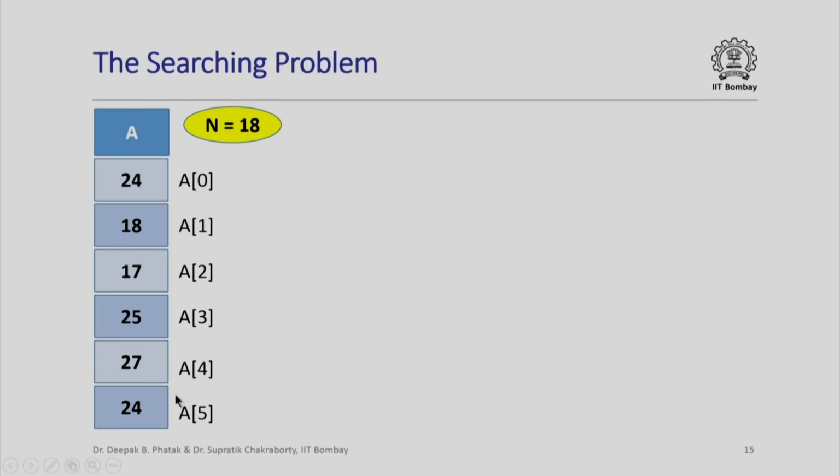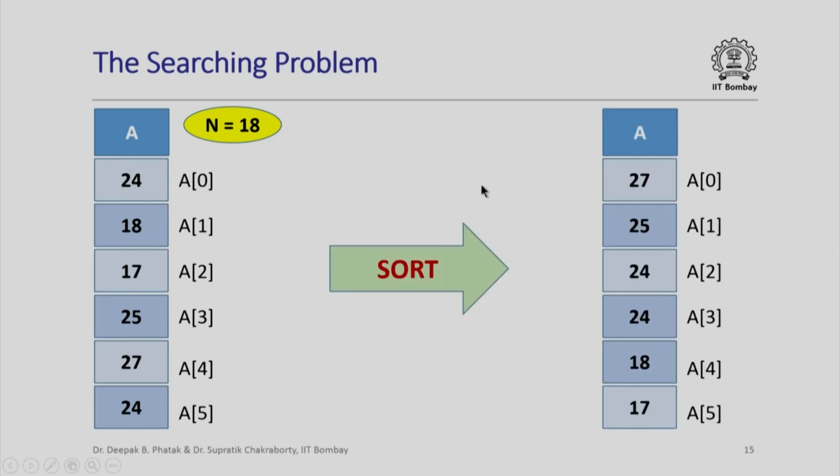So here is our initial array in which we want to search. Let us first sort this array, and in this particular case I have sorted it in decreasing order. We have already seen from our previous lectures how to sort an array of integers in decreasing order. And let us say I am looking for this integer 18 over here. Now once I have sorted the array in decreasing order, what I could do is search for this integer 18 in the sorted array, and find out what its position would be in this sorted array. So note that I have slightly modified the problem.